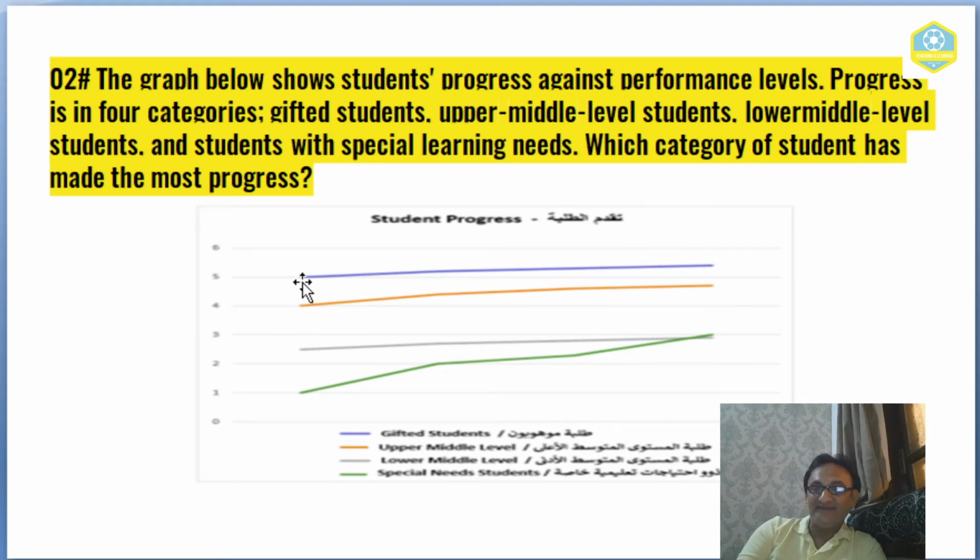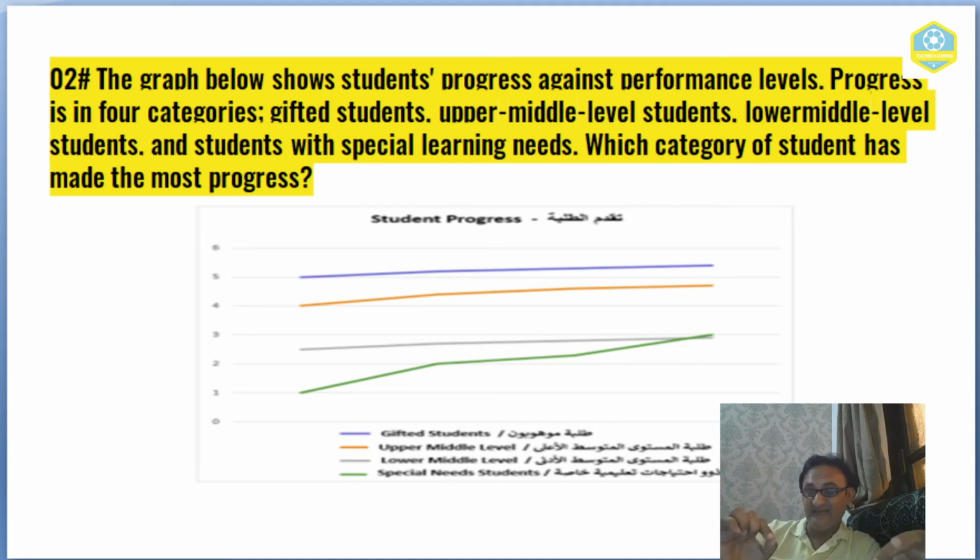So the progress which is between these lines is less than 1. However, the progress of the special students, you can see here, starts from 1 and ends at 3. So the point is that the line which is kept on the top doesn't mean that is the highest progress. You have to check the pattern of that line, how the progress is